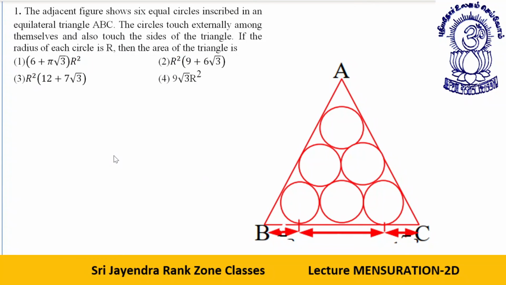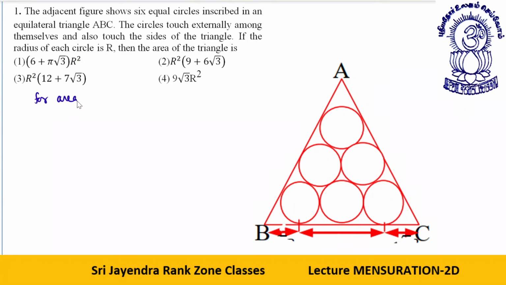Let's take one question based on this, and I promise you, with the help of this question, I will clear all your concepts. Okay, this is a question which is difficult than your exam level, but still I'm doing it because in one question only we will do many concepts. This is a sort of a multi question so that you may be able to apply the concepts in other questions also. The adjacent figure shows six equal circles inscribed in an equilateral triangle ABC. The circles touch externally among themselves and also touch the sides of the triangle. If the radius of each circle is r, then the area of the triangle is,